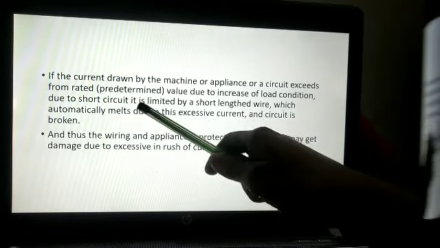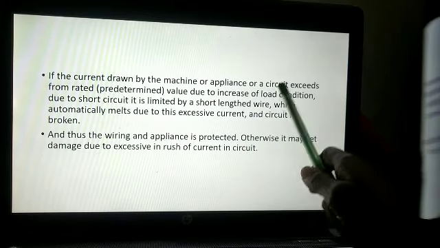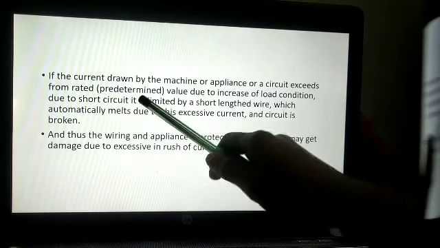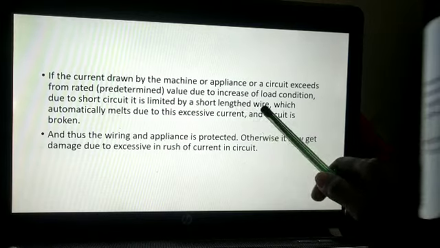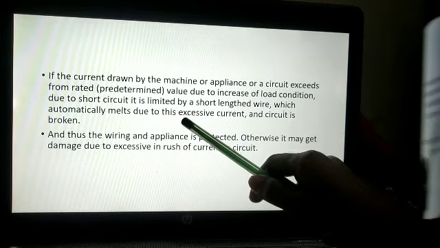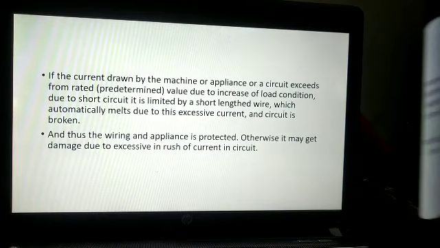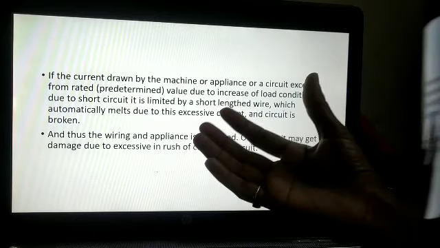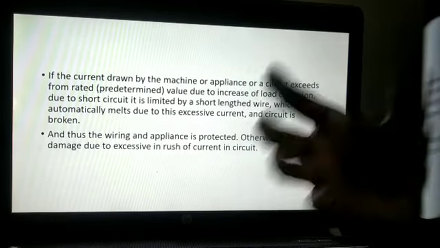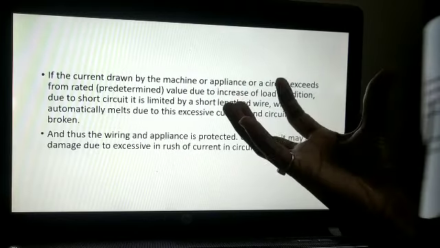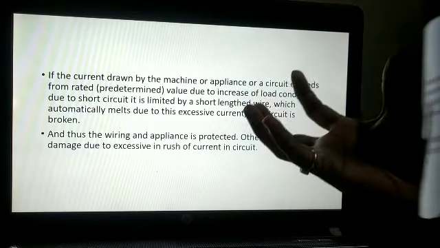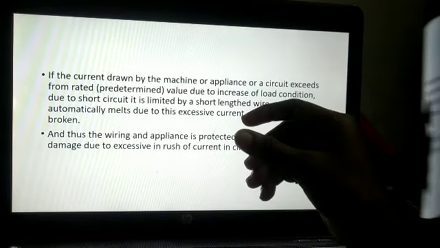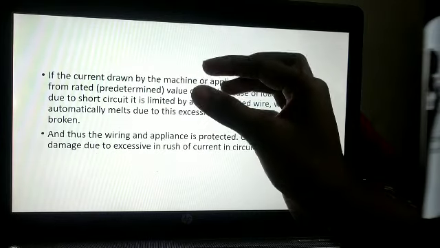If the current drawn by a machine or appliance or circuit exceeds the rated value due to an increase of load condition or due to a short circuit, it is limited by a short length wire, which automatically melts due to this excessive current, and the circuit is broken. So the same they have explained here also. Whenever the current taken by our machine is more,